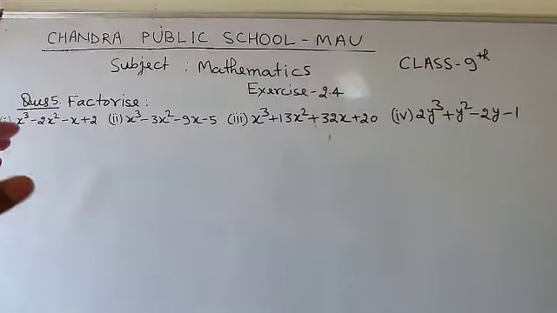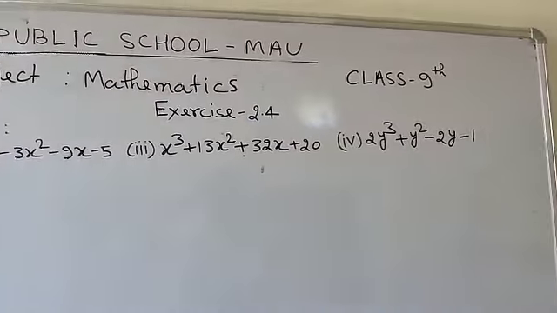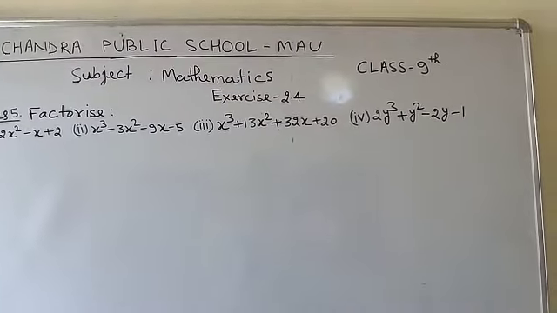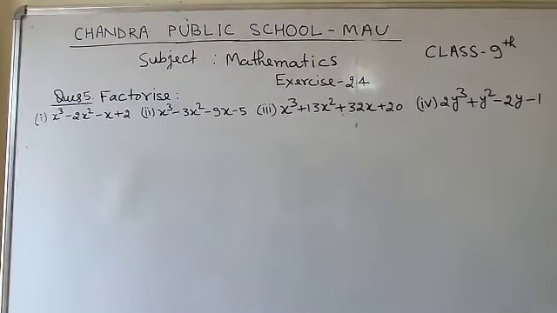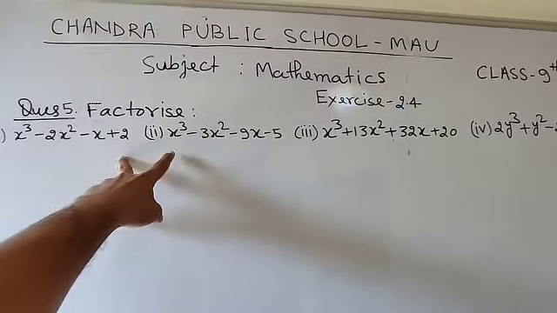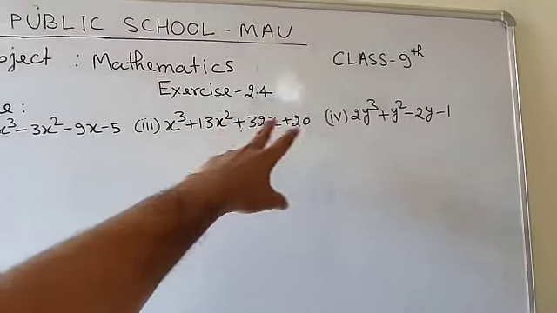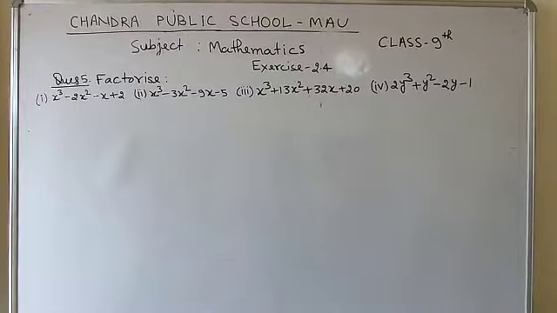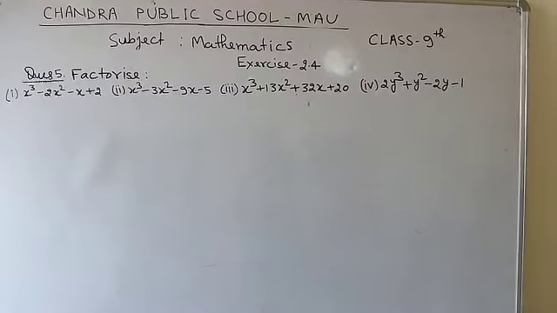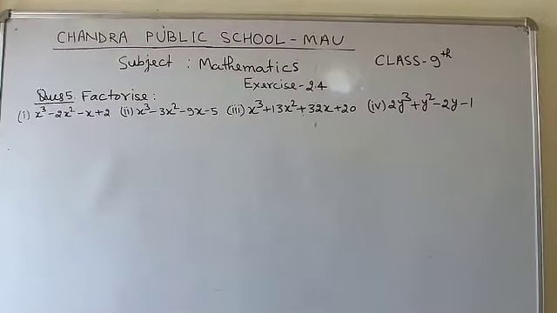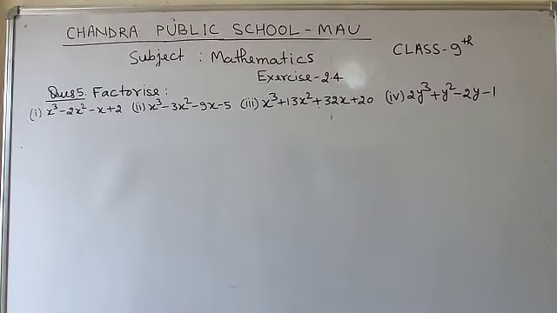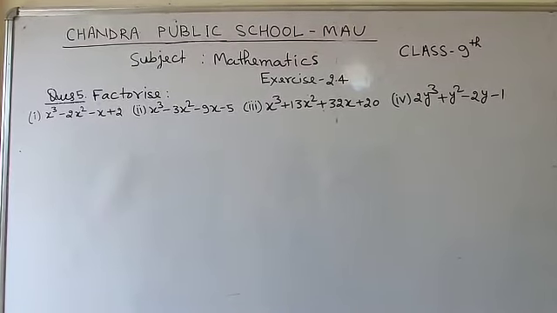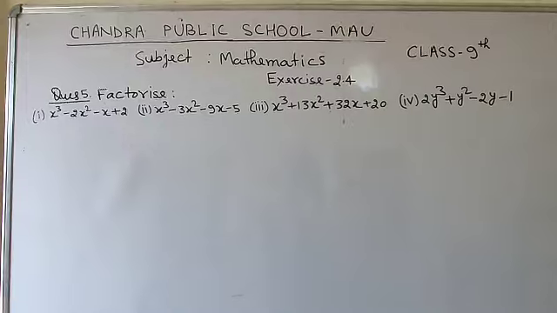So students, I have solved the first and second part. Now for the third and fourth part, again you need to solve just like the first and second part. So once again you need to solve the first and second by yourself. I have given the solution, and after that try to solve the third and fourth part similar to the first and second. First find one of the factors, divide the given polynomial, and again you will get the quotient, and that will be a quadratic. So factorize that quotient by splitting the middle term, and then you will get the two factors there and one factor in the very beginning. So in that way you will get all three factors.